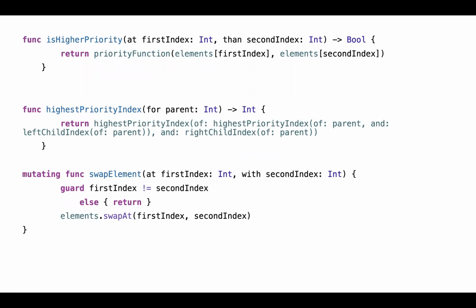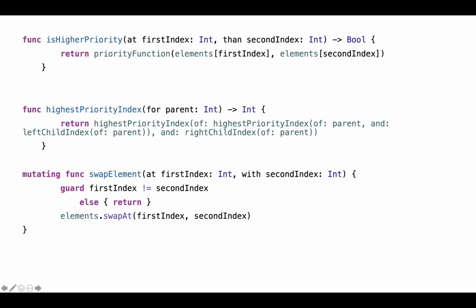Okay, let's move on. There are more helper functions. One is isHigherPriority. I ask for two indexes, the first index and the second index. I will call that same priority function and pass the array elements at that first index and second index to decide whether the given priority is higher or not.